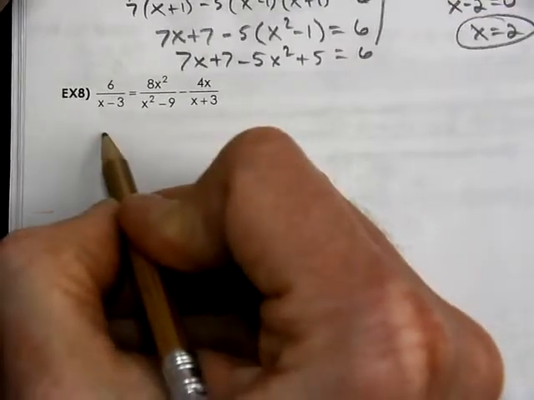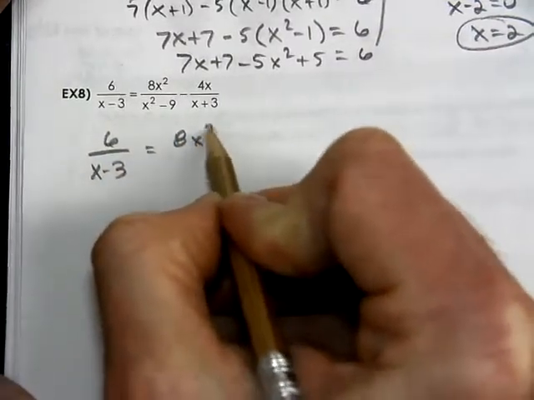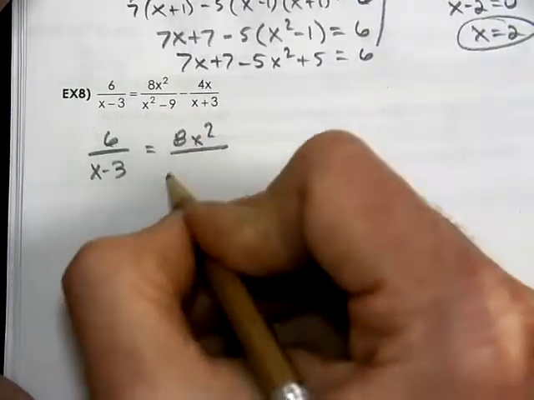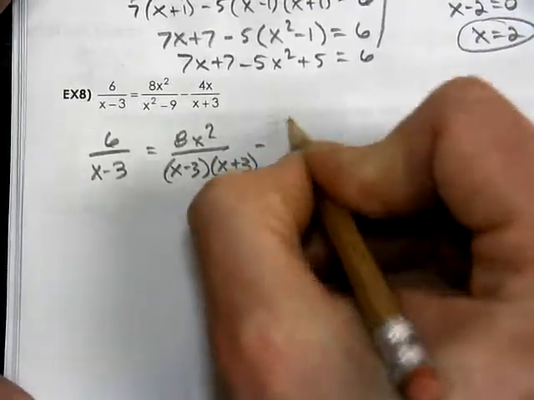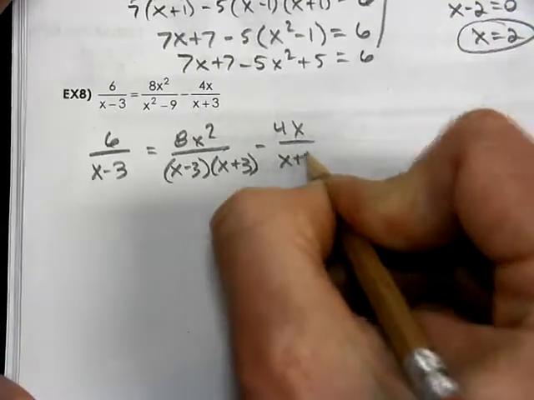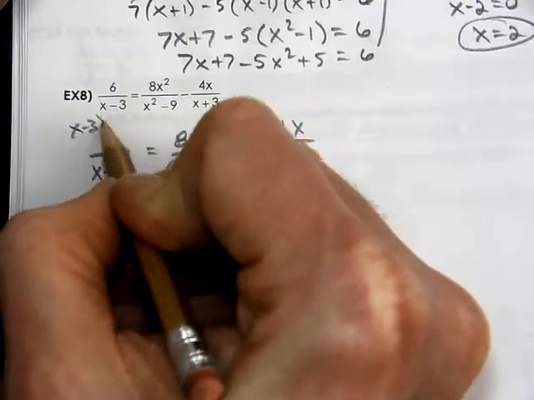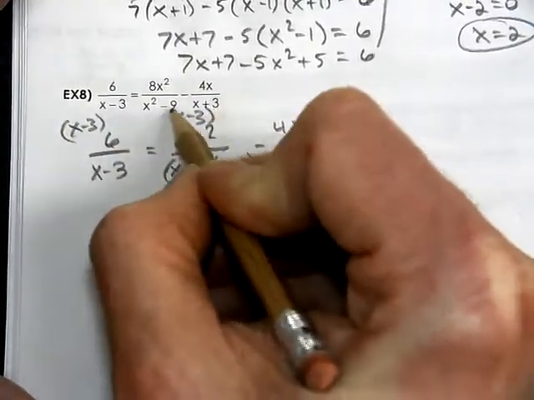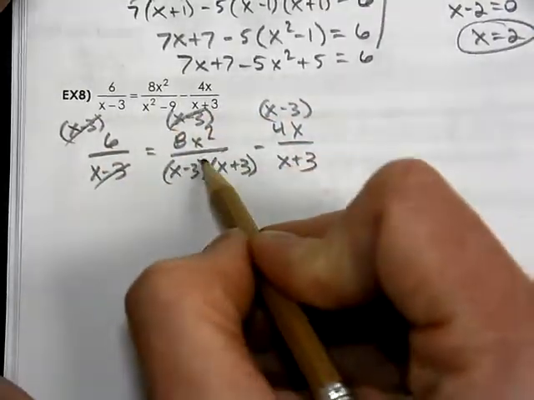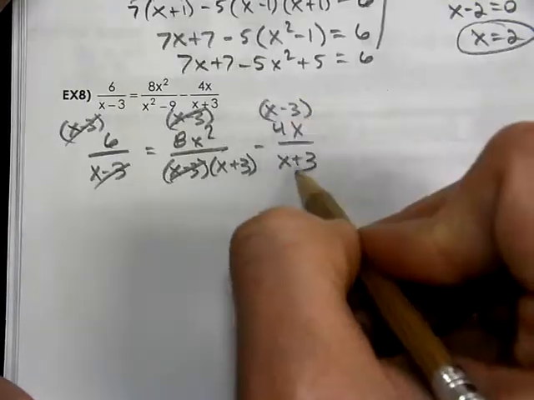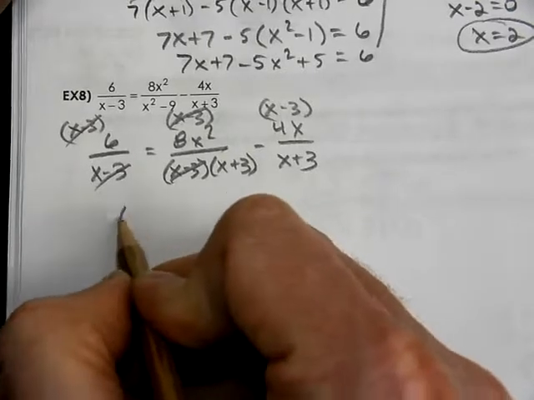So for this one, first thing we have to do is factor. This is a difference of two squares. Nothing factors out of the last term. I'm going to multiply through by my first denominator to all three terms. That's going to cross out here. That's going to cross out for the middle term, and nothing crosses out here because this is an x minus 3, this is an x plus 3. So I'm left with 6 equals